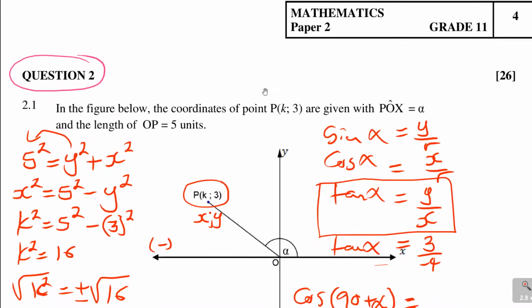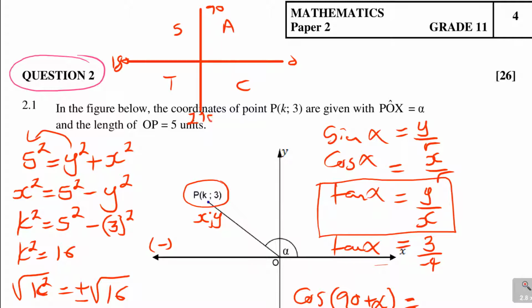For those of you who have been following me on trig, I always tell you about the CAST diagram: do not work trig without the CAST diagram, because it is your go-to place. Now, CAST diagram, remember how it goes. All Students Take Chemistry. Then this is 0, this is 90, this is 180, this is 270, and this is